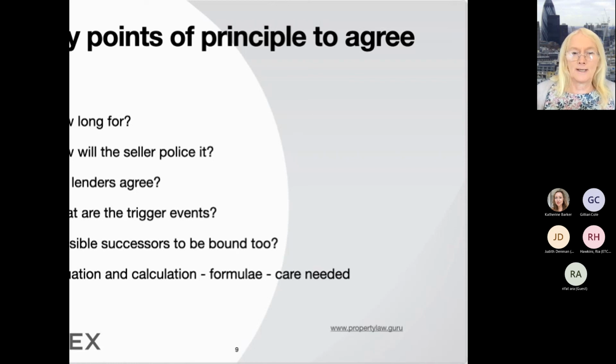Secondly, who's going to police the overage, acting for the seller, to check what the builder is doing? Does the seller understand that you are not going to be advising on the financial aspects such as valuation or any indices or accounting advice on deductible expenditures or capital gains tax or anything of that nature? And they will have to pay their own consultants on that. Next, is there a lender involved on either side, and how is this going to be agreed?